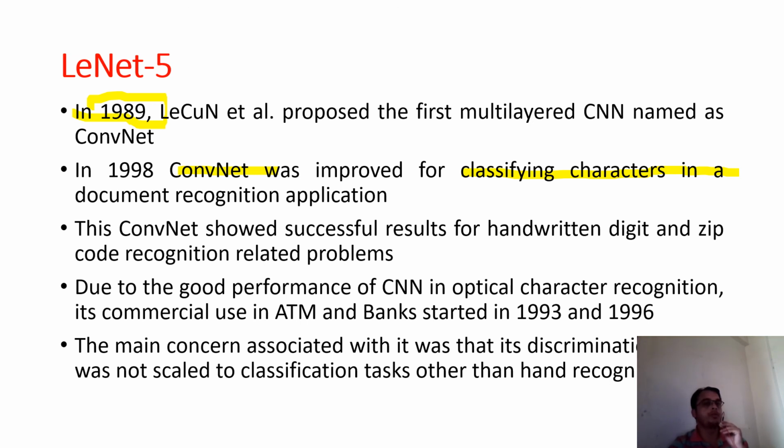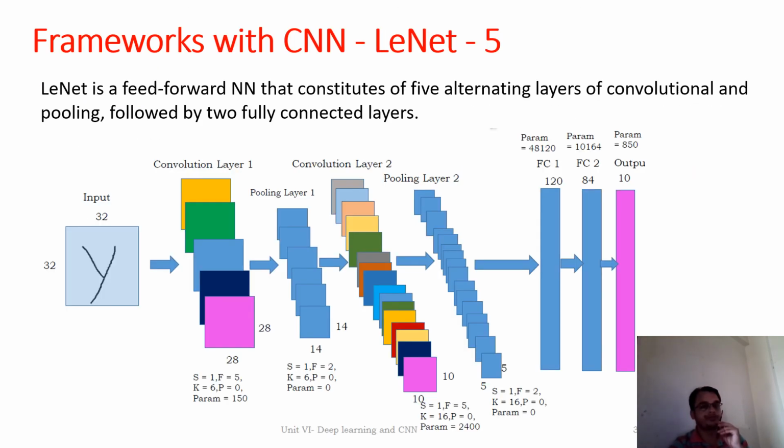So OCR, optical character recognition, was introduced, and they used the convolutional net in their system. Probably they used it in the ATMs of banks where optical character recognition was required. The main concern is that it was not scaled for higher end tasks, and though it was possible to recognize characters, it was only digits, not proper characters. Okay, that was the limit of the LeNet network.